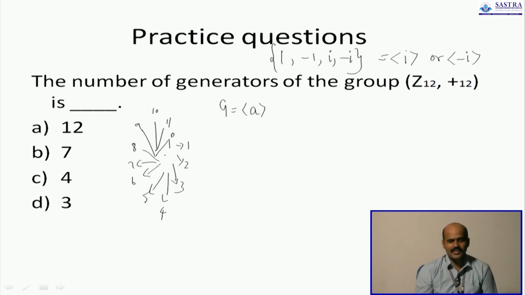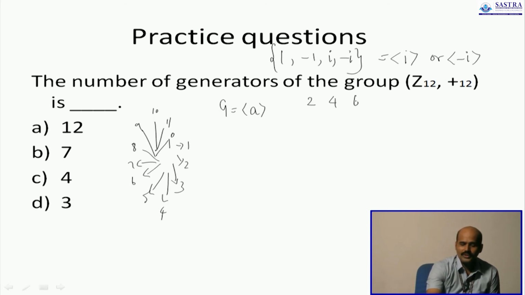So 1 generates every number when you add it that many number of times. Can 2 be a generator? 2 cannot, because 2 will give you 2, 4, 6, 8, 10 and 12, which is 0. 3 can't be, 3 is 3, 6, 9 and 0. 4 is 4, 8 and 0. Now 5,